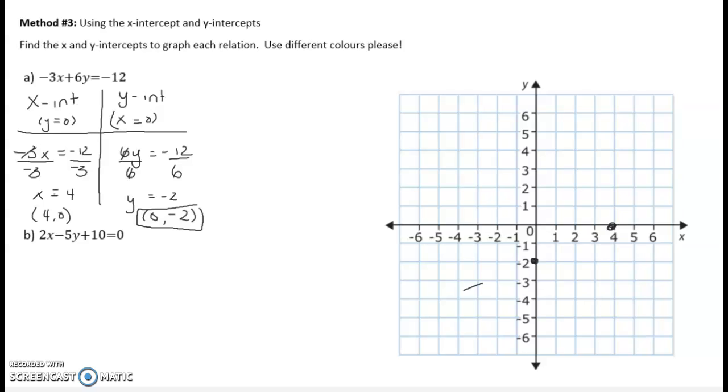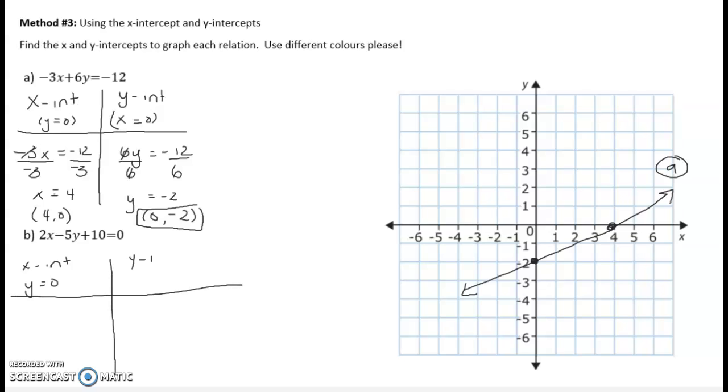Okay? And then connect these with your ruler. Oh, I'm getting pretty good on that angle. Okay? And that is my A. Now we're going to do the second one. So I'm going to have my x-intercept, and that means y is 0. And then I'm going to have my y-intercept, and that means x is 0. So same thing. We'll start with the x-intercept. So I'm going to have 2x but instead of minus 5y, that's 0. And then I'm going to have just my